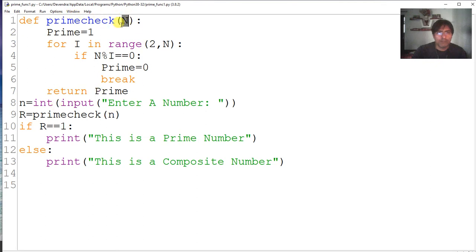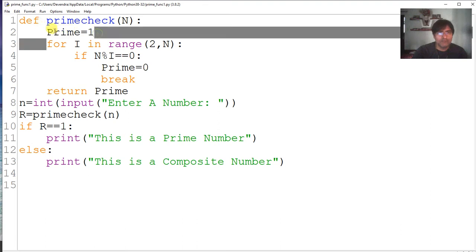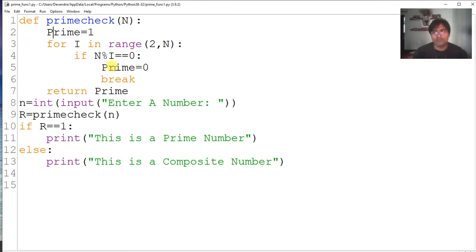When the prime check function receives a number or a value, it checks whether the number is prime or not. The concept is, I have used a variable prime which is initially having 1, a loop for I in range starting from 2 and less than n, because a prime number is that number which is divisible only by 1 and the number itself.